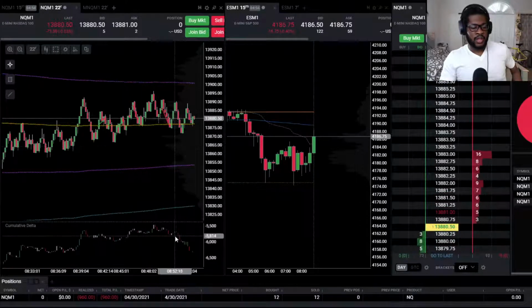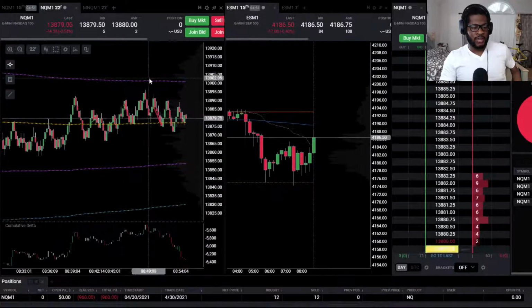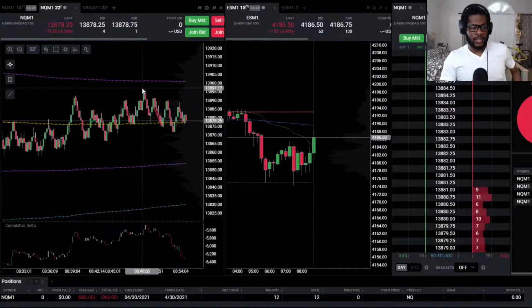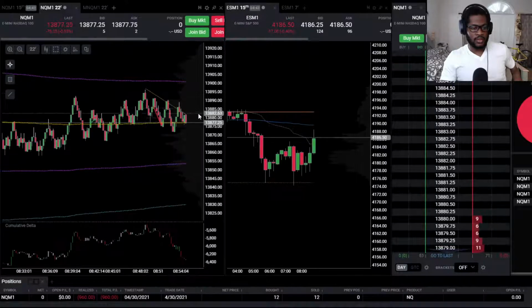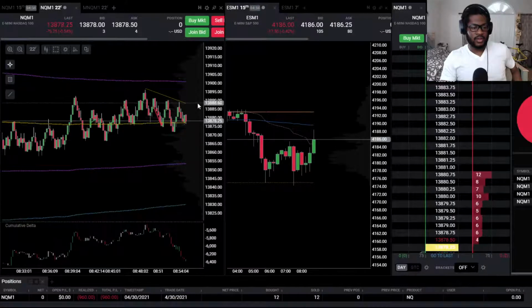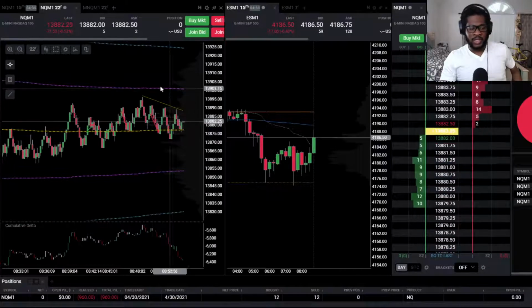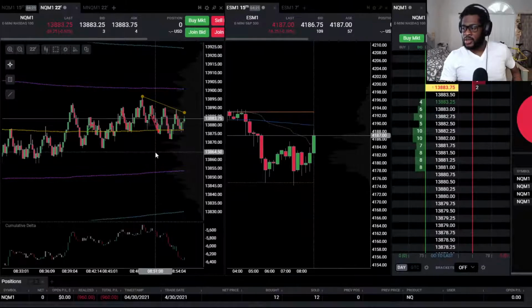Still chopping around, but delta is selling off, and as much as this is bouncing back and forth, it is starting to form a little downward shelf here, right? Let's draw a quick line. I think that's one thing I don't like about this platform. It doesn't let you draw. It doesn't let you extend your line past where the chart's current bar is. Or maybe it does and I just don't know how to.